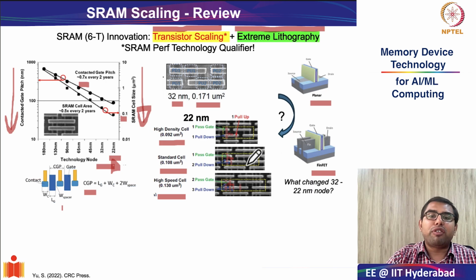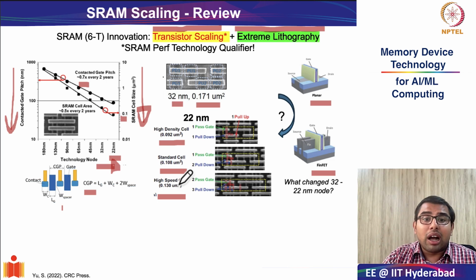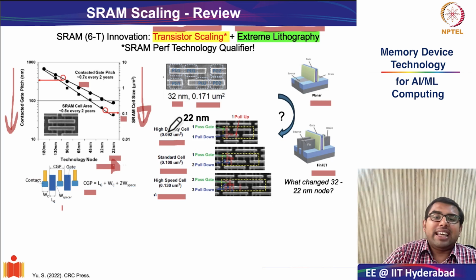And as you can see from the structures of the high density cell, standard cell, and high speed cell, by deciding how many fins you are including in the SRAM cell, you can control the area. A larger number of fins will give you larger area, but also larger drive current. So a high speed cell will have larger area because of larger drive current and smaller parasitics. However, a high density cell will comprise only one or two fins of the FinFET technology, therefore compromising on speed.